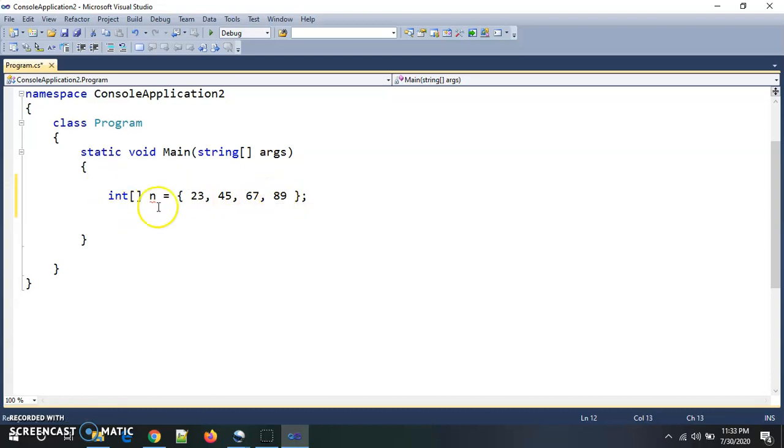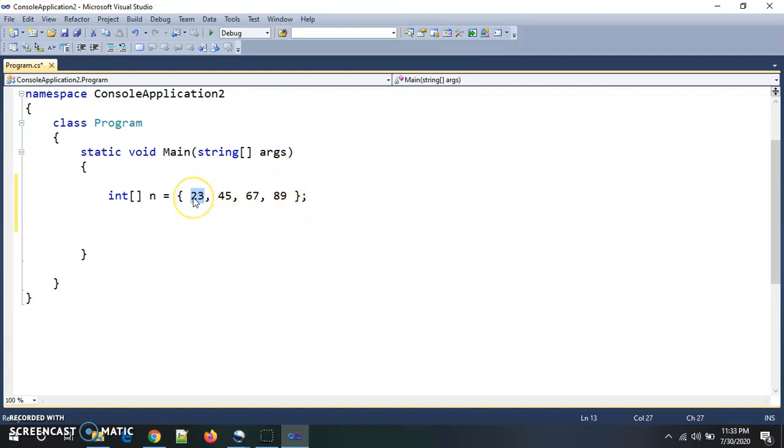Now I am using this line, and if I want to display these array elements one by one, then as we know, this 23 is stored inside the 0th index. As we know, array index starts from 0. So my value 23 is stored at the 0th index, 45 at index 1, 67 at index 2, and the last value at the 3rd index.